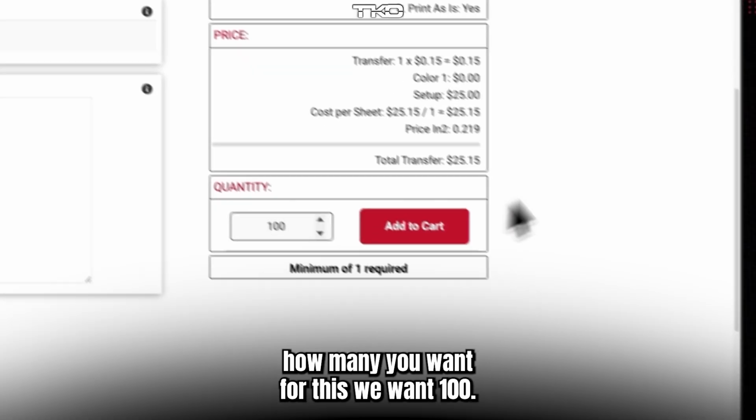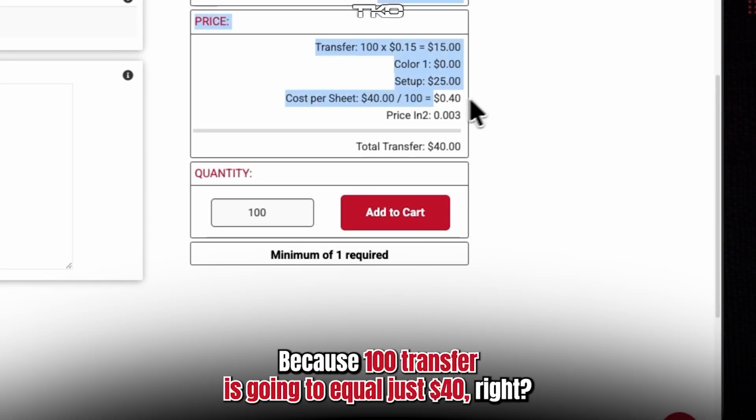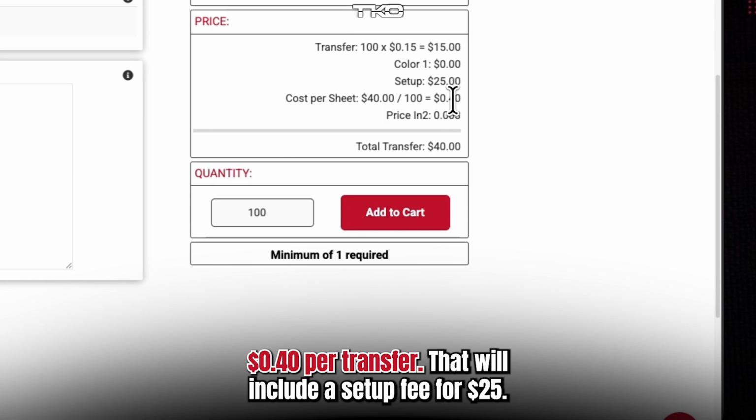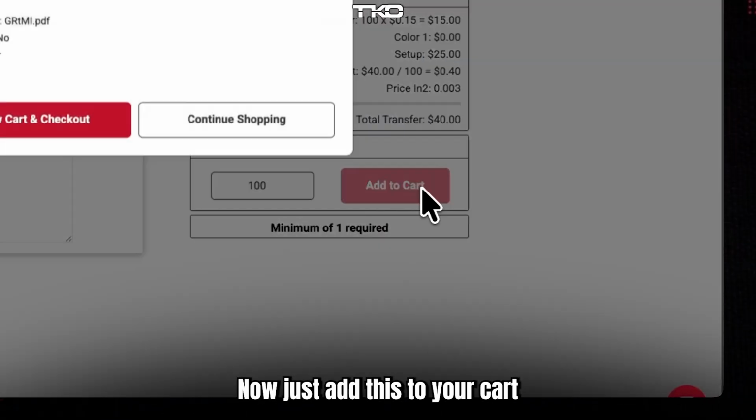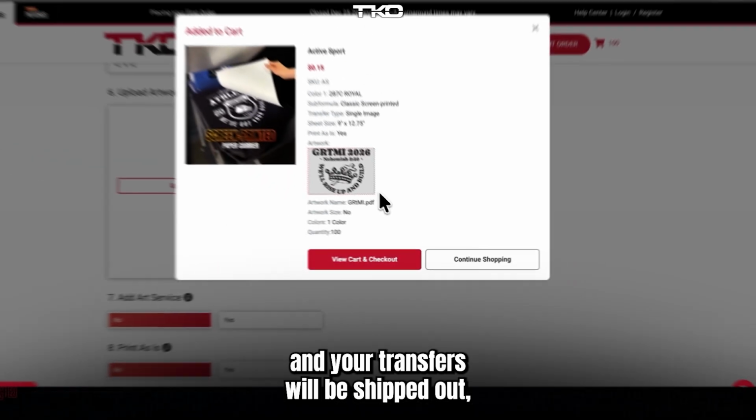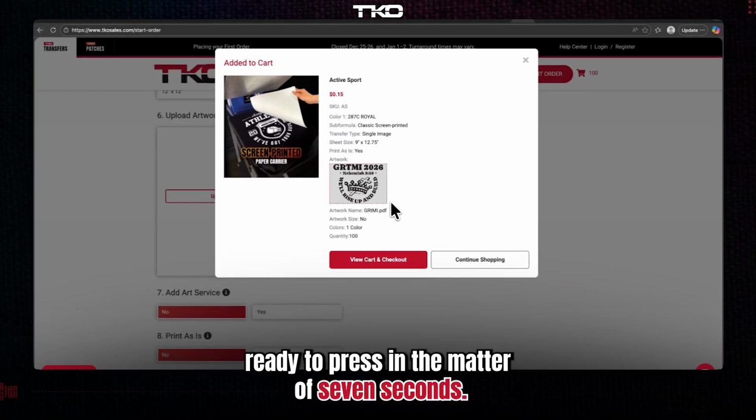For this, we're gonna do 100, because 100 transfers is gonna equal just $40, right? It's 40 cents per transfer. That will include your setup fee for $25, okay? Now, just add this to your cart, and your transfers will be shipped out, ready to press in the matter of 7